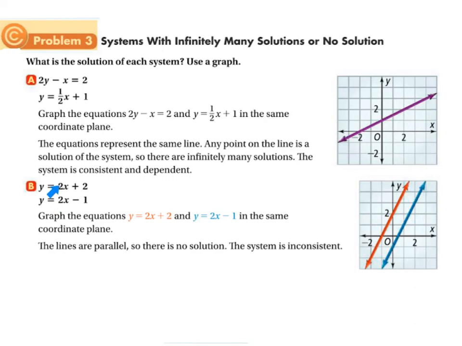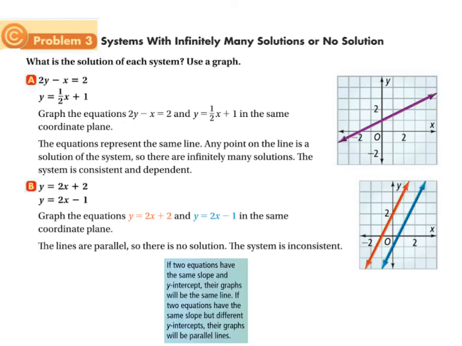Now, if they have the same slope, it might be the same line, but it would also have to have the same intercept, right? Once it's got the same tilt of the line, but it's hitting the y-axis at different places, then they're separated. They're parallel, so there's no solution, and the system is inconsistent. And again, if two equations have the same slope and they also have the same y-intercept, their graphs will be